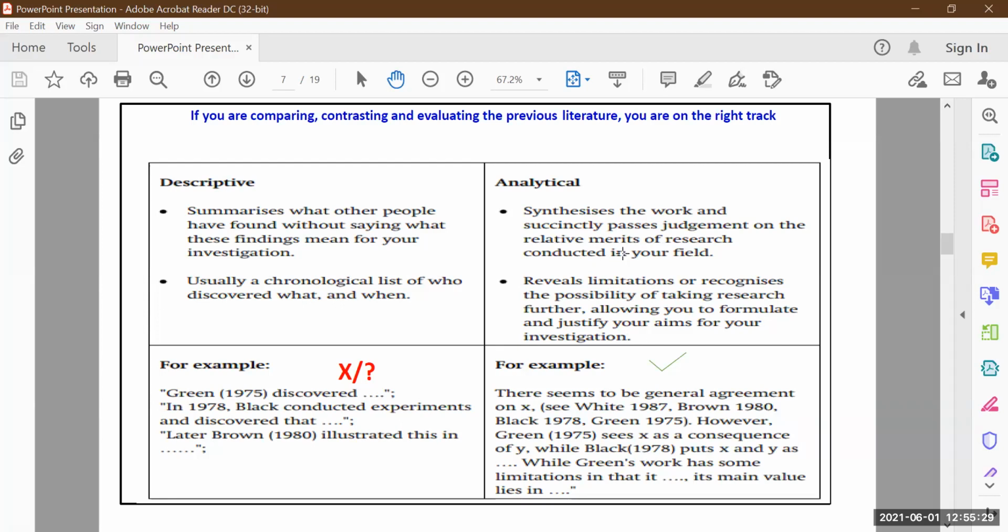You understood the paper, what is there in terms of the methodology or anything, their results, and how applicable they are or not, right? So prefer this method. Let's say, for example, there seems to be a general agreement. You are saying that, okay, White 1987, Brown 1980, Black 1978, Green 1975, they all agree upon something.